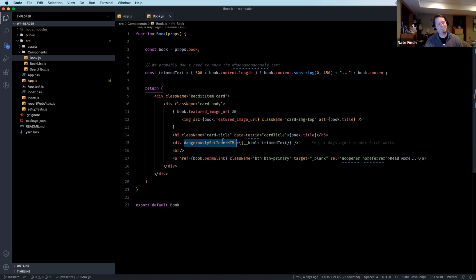And this basically is dangerous because it doesn't escape the HTML. So if you do have malicious content coming back, it could be open to cross-site scripting attacks and stuff like that. So that's why it's dangerously set, but I'm not too worried about it right now. And then also a link back. So this is why we added the permalink and everything. And you can see I actually don't have the rating in here,